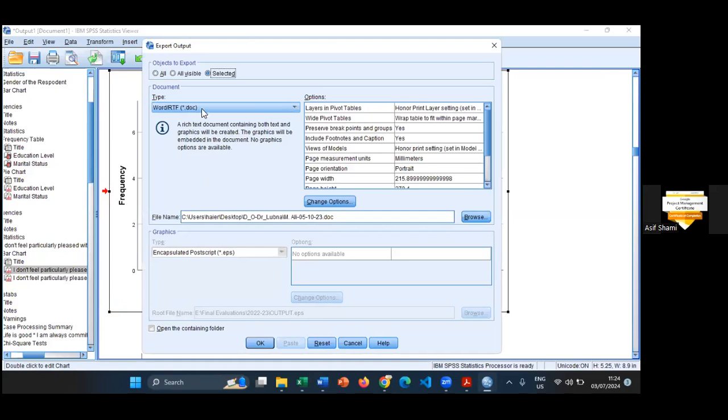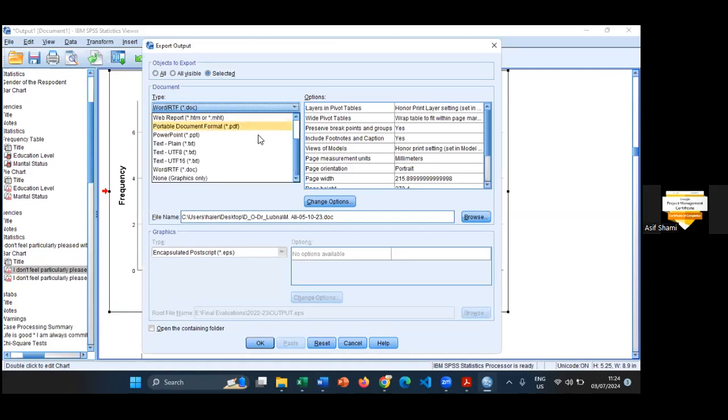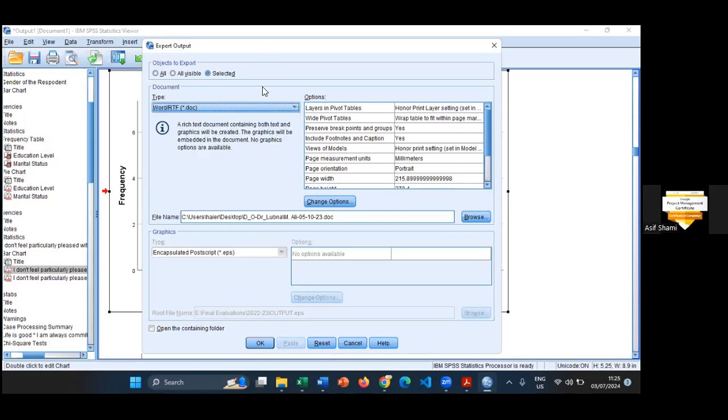This is the type of the variable files. You want to convert this into PDF format, PowerPoint, plain text or UTF-8, or an Excel sheet. Wherever you want to take this table or this document, it can be converted. For example,